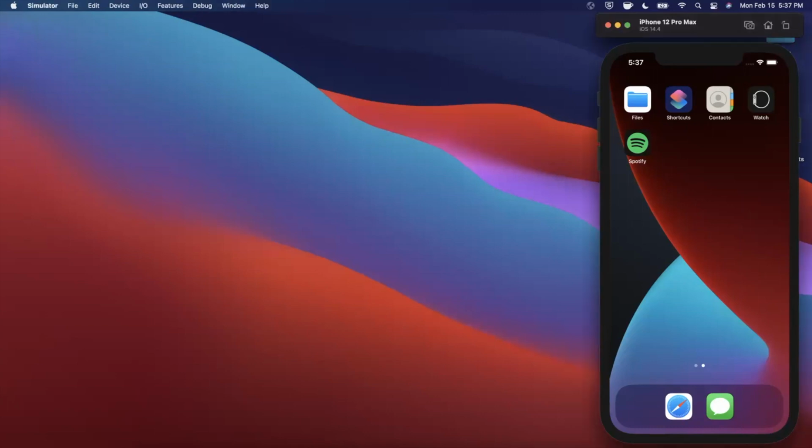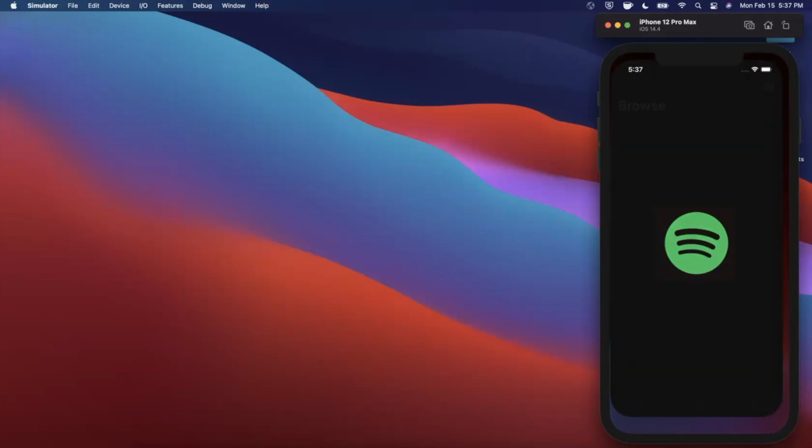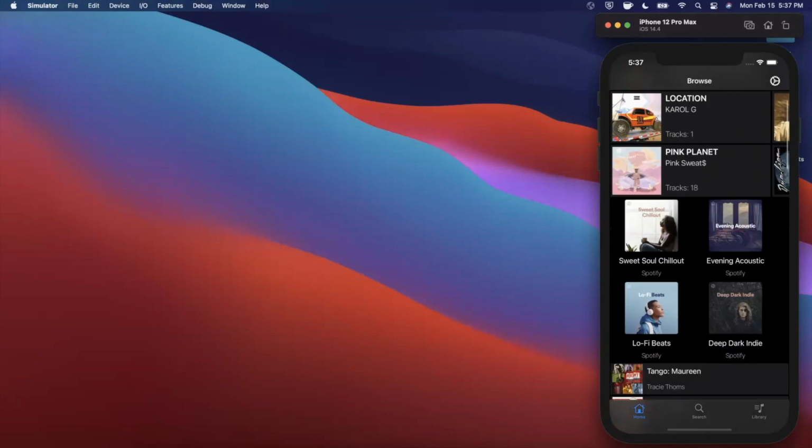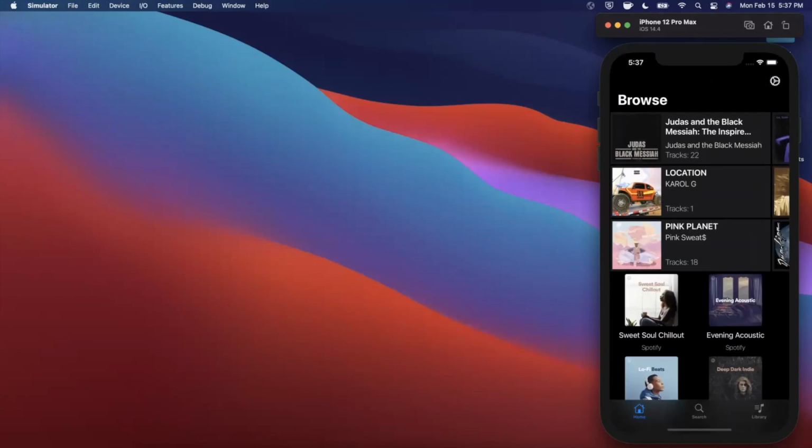In today's video, we're going to be continuing with our Spotify app. Specifically in this part, we're going to be actually hooking up the ability to tap into one of these albums up here, new releases, as well as the playlist, and render out the tracks and information about that item that